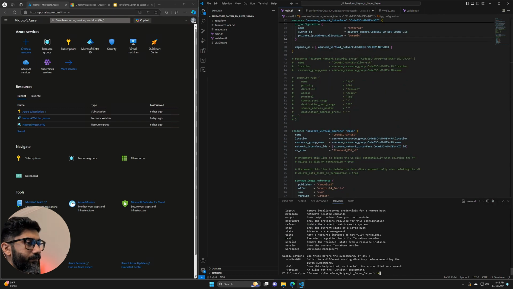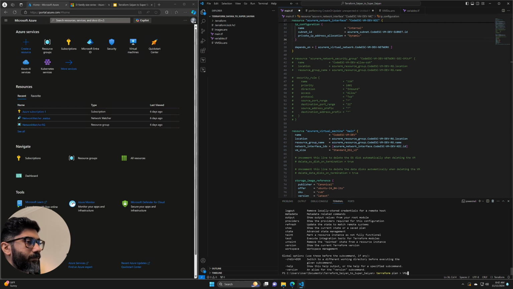Run Terraform. We'll do Terraform plan, so we get an idea of what it's going to create and so forth. It's a good habit to get into, at least in the beginning. So Terraform plan, and what we'll do is instead of just having it spit it out in the terminal, we'll plan it out to a file. So we'll do